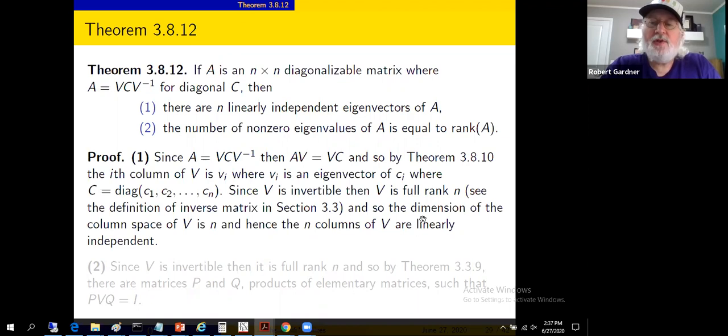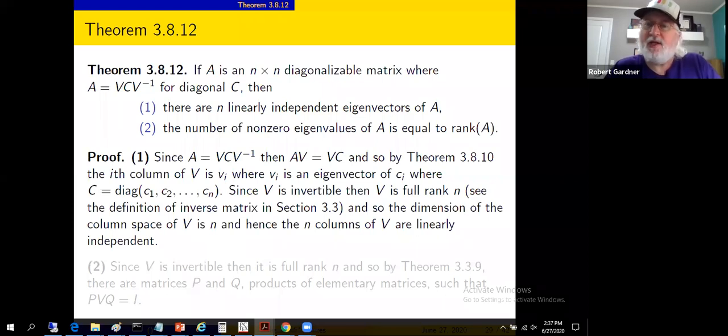Rank is also the dimension of the column space. So the columns of matrix V are linearly independent. The dimension of the column space is n. The span of the columns is n. There's n columns. So it follows that those columns form a basis for the column space of V, and the